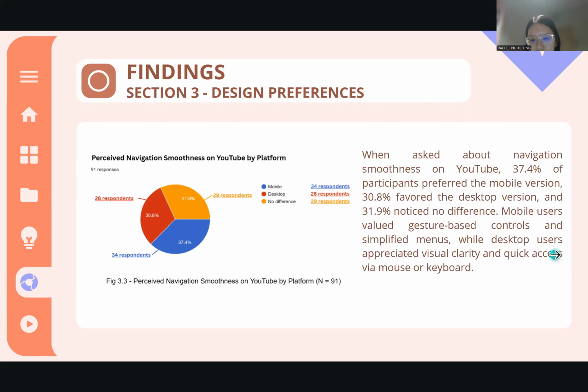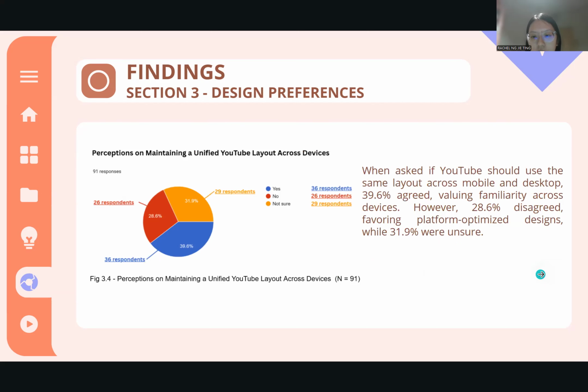equally organized. When asked about navigation smoothness on YouTube, 37.4% of participants preferred the mobile version, 30.8% favored the desktop version, and 31.9% noticed no difference. Mobile users valued gesture-based controls and simplified menus, while desktop users appreciated visual clarity and quick access via mouse or keyboard. When asked if YouTube should use the same layout across mobile and desktop,